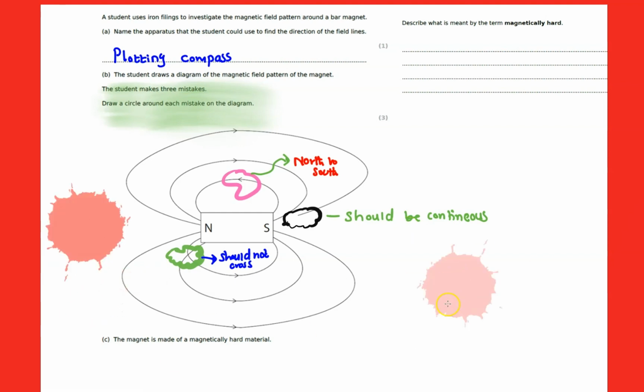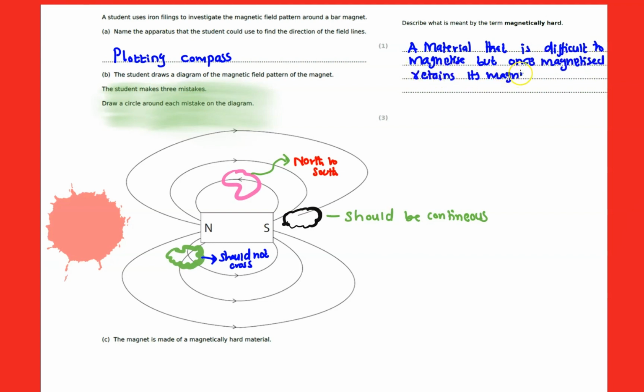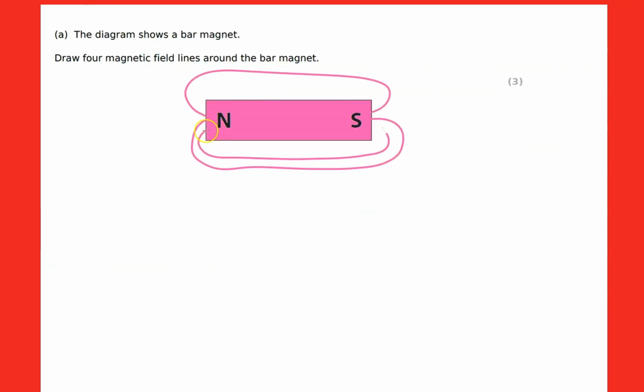Moving further to the next part is to describe what's meant by the term hard magnetic. Difficult to magnetize, but once magnetized, it retains its magnetism for long. It doesn't lose the magnetism. Take a bar magnet, and then you have to indicate the direction of the fields in that